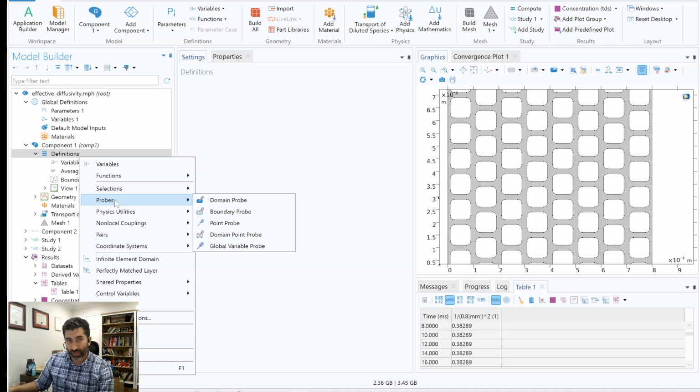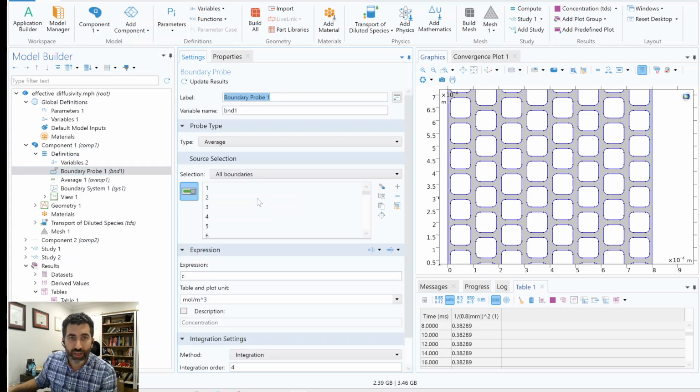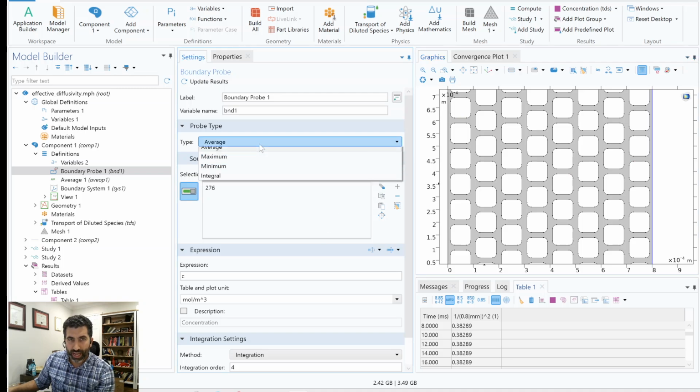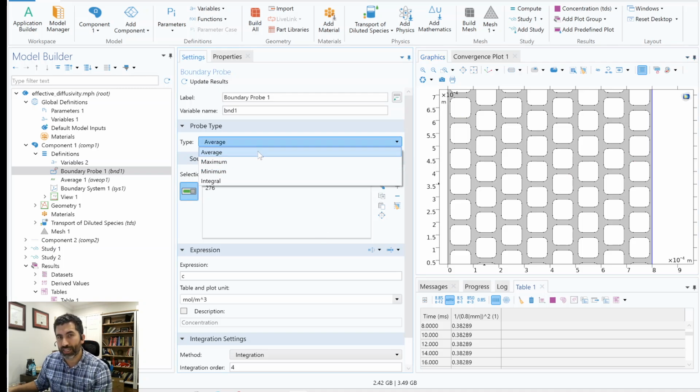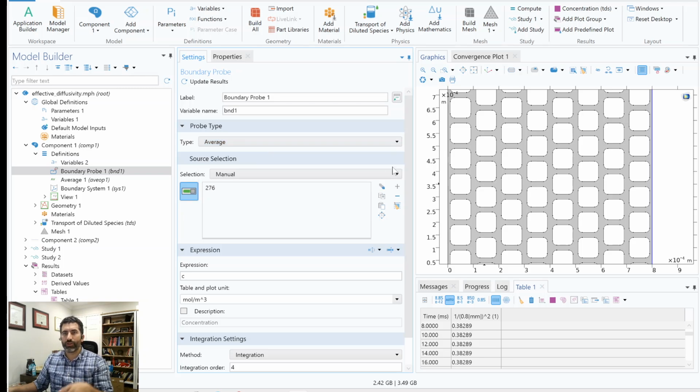Alternately, what you can do is go to probes, boundary probes, right? Domain is the whole thing, boundary is an edge, point is a point. Domain point probe, I'll come back to in a second, right? You click the boundary one, clear out the selection, and just select the boundary we want. And probe type, we have average, max, min, integral, right? So what we're going to do here is take the average of the expression there,